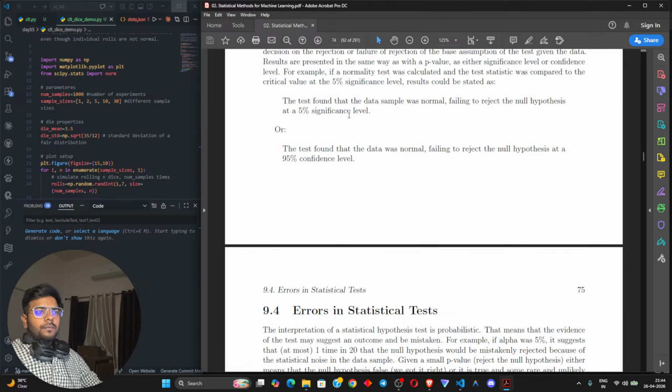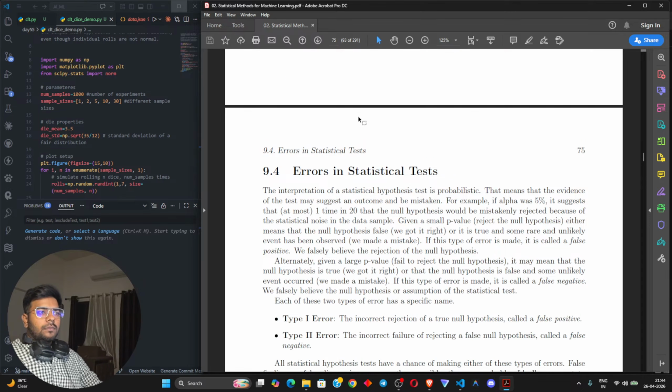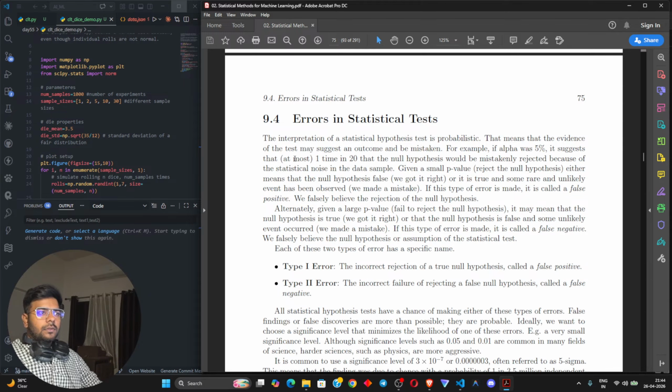According to the null hypothesis, at the 5% significance level the test found that the data fits. The interpretation of a statistical hypothesis test is probabilistic. That means the evidence of the test may suggest something that may be mistaken. For example, if alpha was 5%, you suggest that at most 1 in 20 times the hypothesis is mistakenly rejected because of statistical chance. The data sample gave us a p-value smaller than our threshold, meaning that the